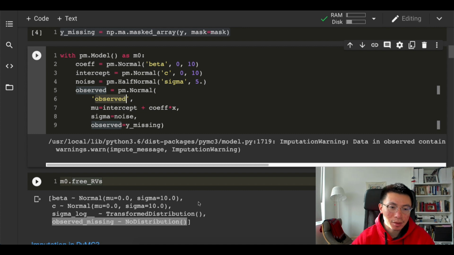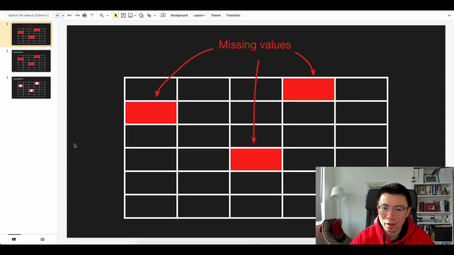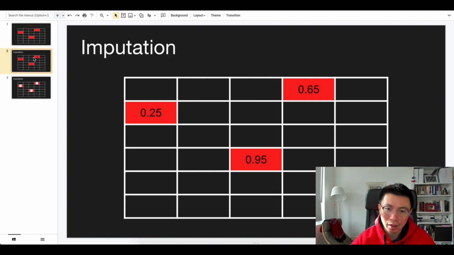So when you're assigning something that is a masked array to the observed, what PyMC3 does is these imputations. So it might be helpful to go into a little bit more of what imputation means. So here is a simple sketch. Say that you have some data. Here each cell represents one number, and the red ones are the missing values. What imputation does is that it tries to replace these missing values with some kind of